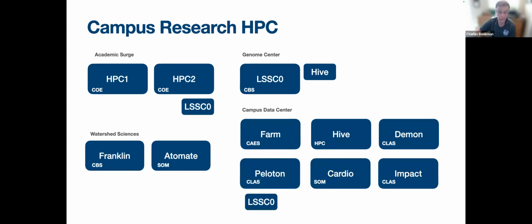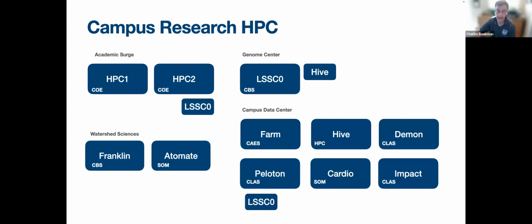Atomate we run for School of Medicine. And in the campus data center itself, we manage Farm for College of Ag, and Demon for Letters and Science, Peloton for Letters and Science, Cardio for School of Medicine, and currently we manage Impact for Letters and Science. And just about 2 weeks ago, we came up to speed with our own cluster for HPC,